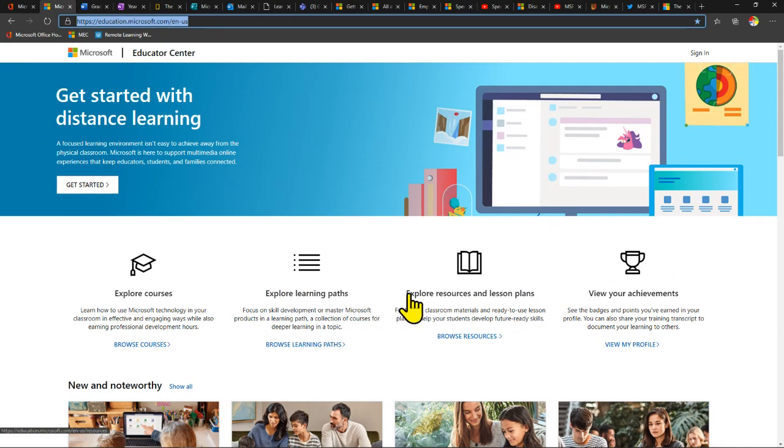You can have your resources and lesson plans in there. And then you've also got, and this is what's really important for you, we've also got your achievements there, which means that when you come into the portal, you need to make sure that you create an account. Okay, so sign in, just use your LearnLink email address and password, you'll be fine. Okay, so your school email address, your password, sign up for that, and then it will keep a record of